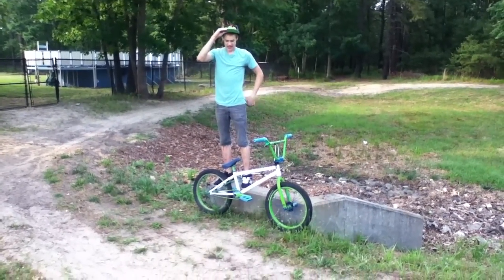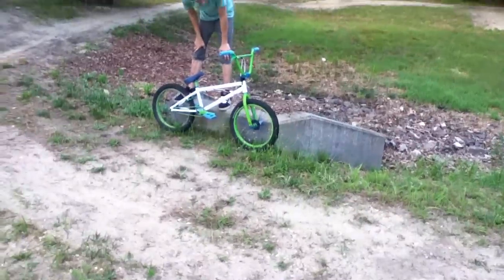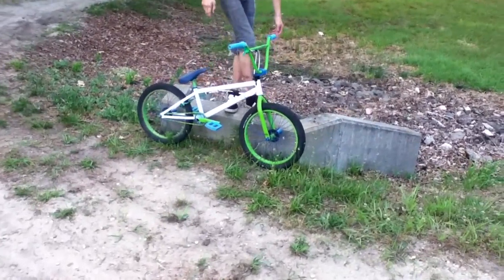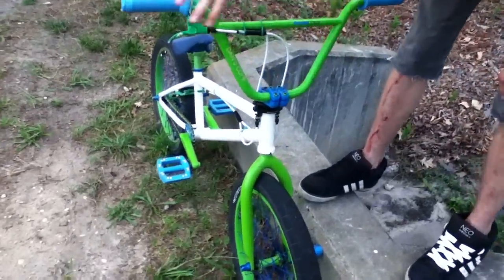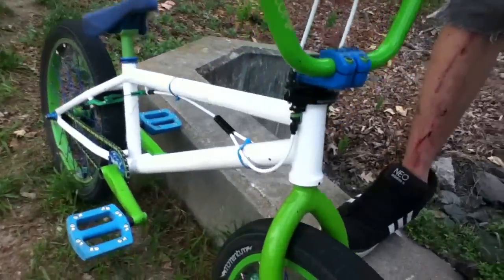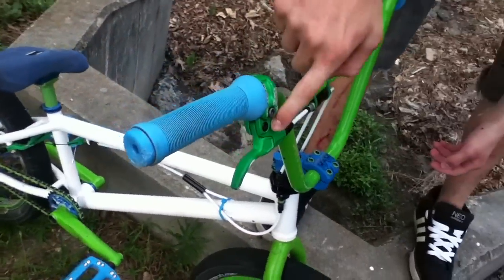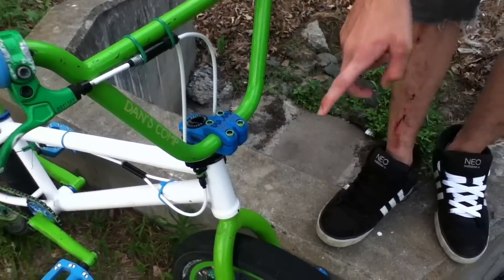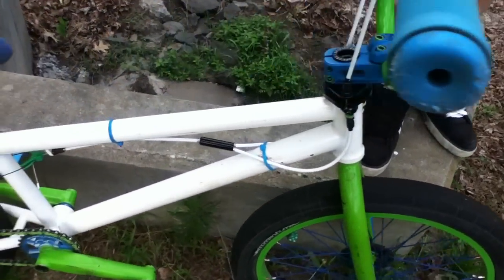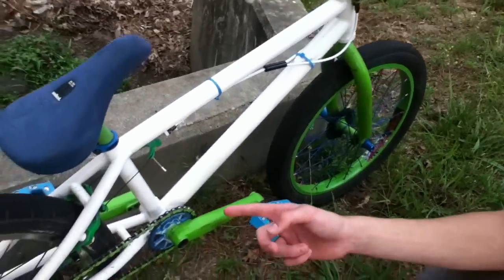Here we've got the DK team frame. We have Odyssey Director forks with Stollen cell bars, Shadow Strike top load stem, Stollen Insider headset, Flatware thumbtack grips, Odyssey mono lever, Odyssey upper gyro cable, Odyssey Pro Detangler, Odyssey lower gyro cable, and Odyssey Evo